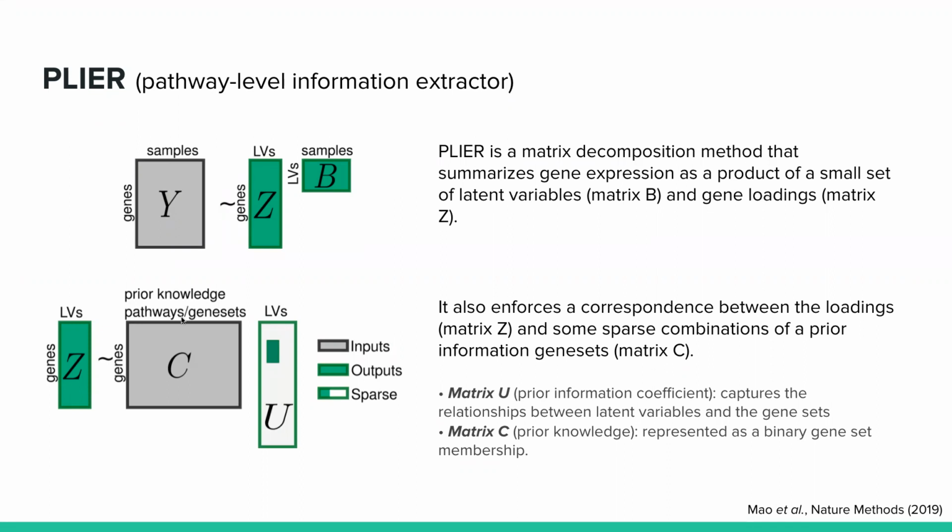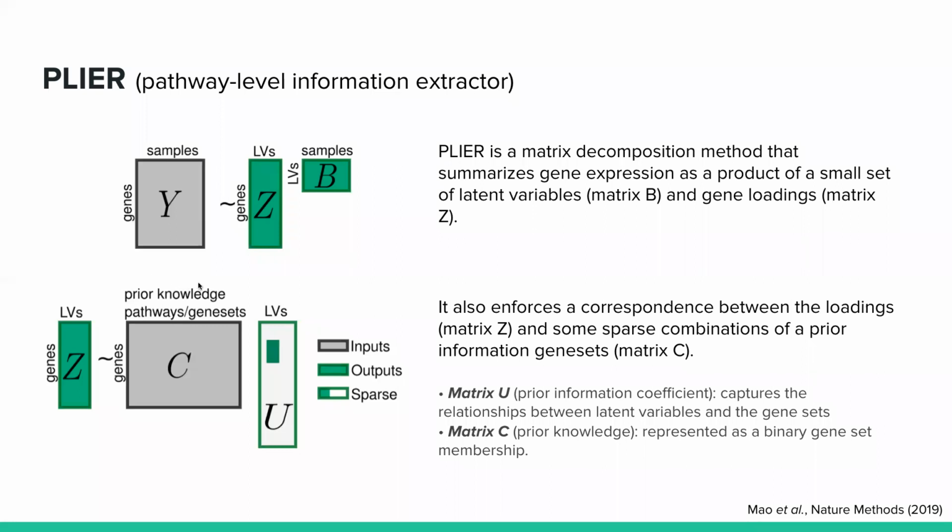This is just another matrix decomposition, but where a set of pre-specified pathways or gene sets are used to constrain the dimension reduction onto axes that are defined only by genes in those gene sets. So it's a more sparse dimension reduction than principal components analysis, but accomplishes something similar with ending up with a pathways by